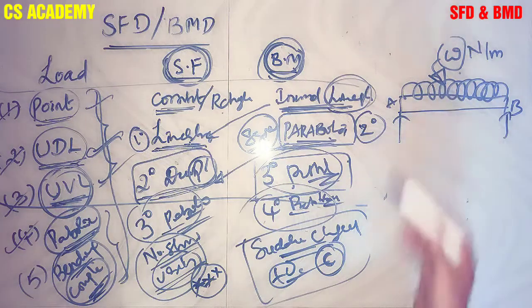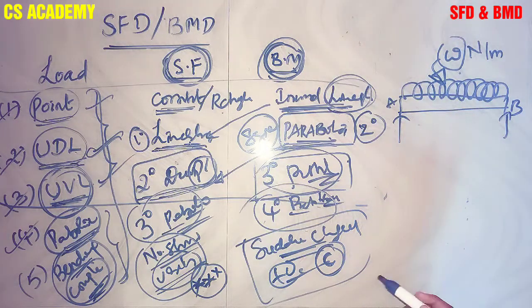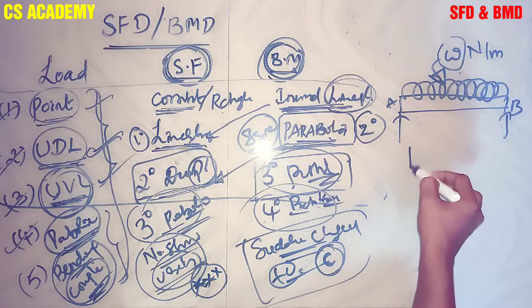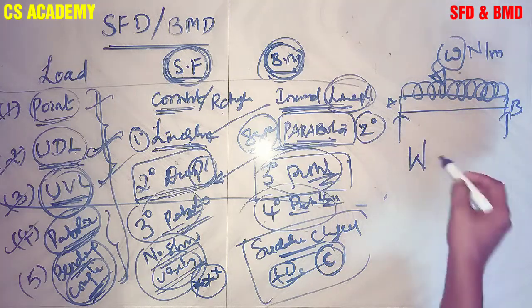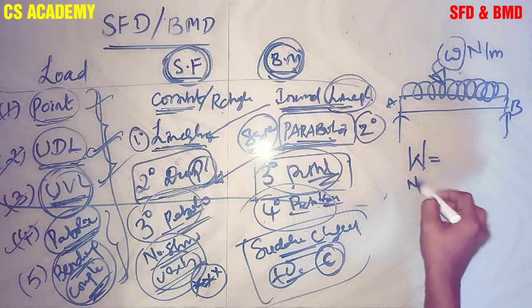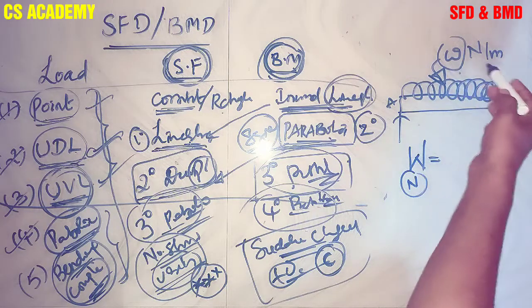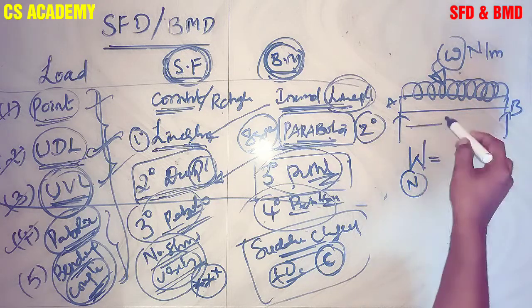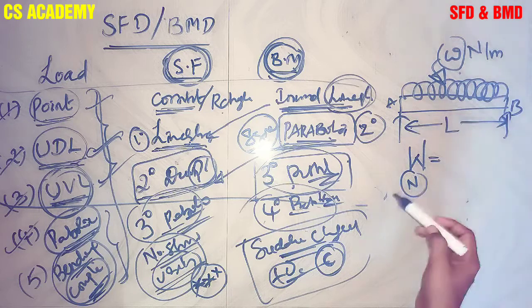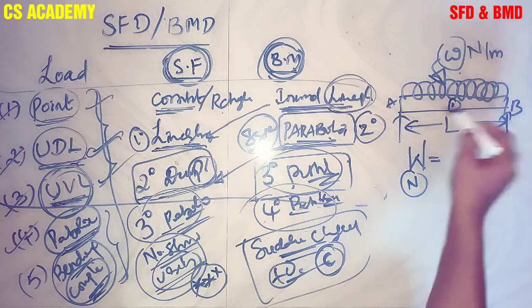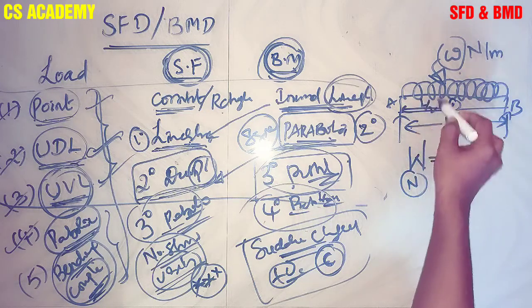So how should we convert this into a point load? This is the load. Let us consider this is the point load, with units of Newtons. This distributed load has units of Newton per meter. Let us consider this is the length L. For the total load, let us consider this is the point C, which is at a distance L by 2 from A.